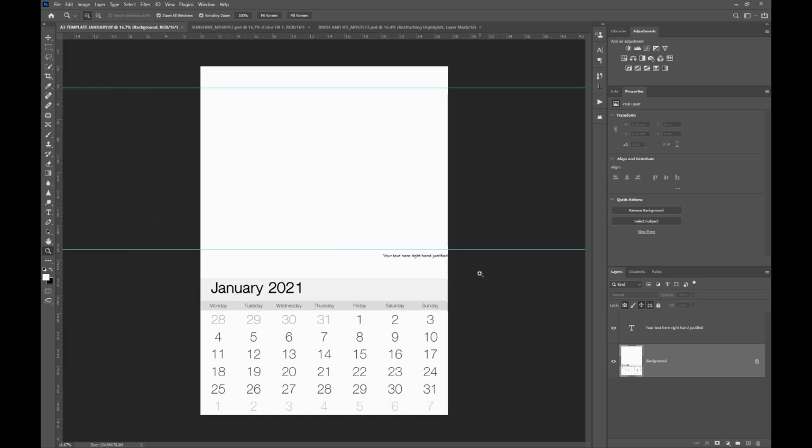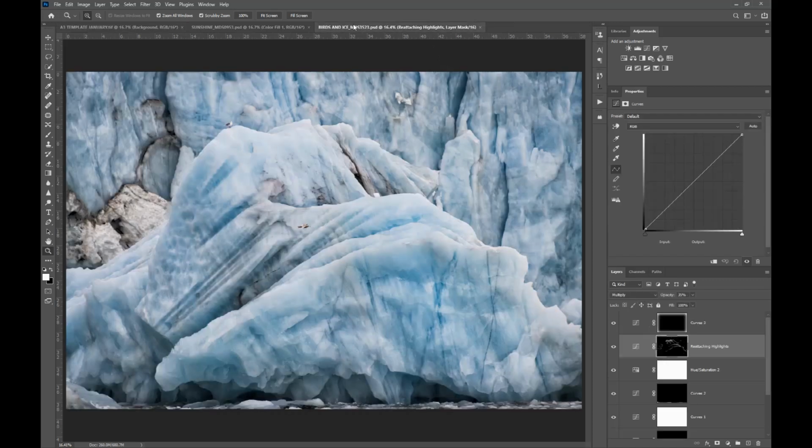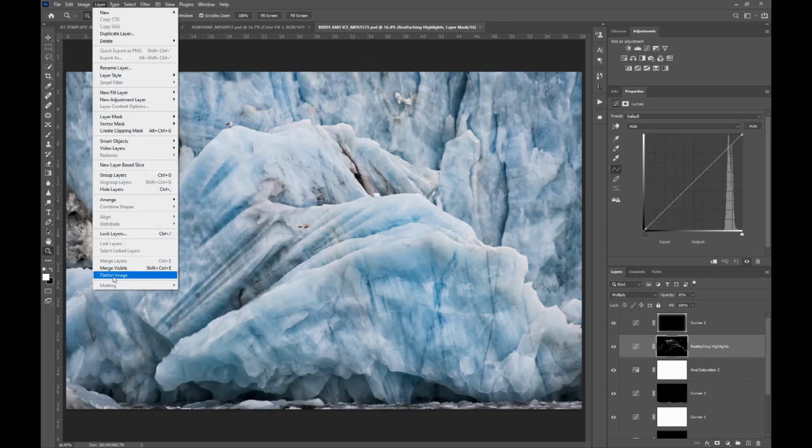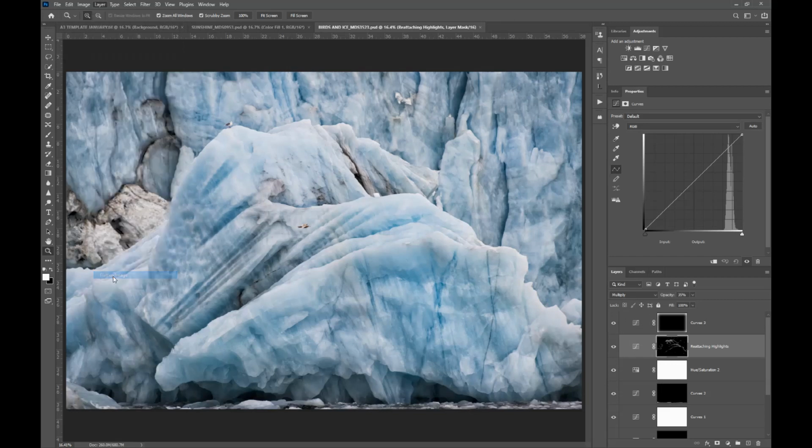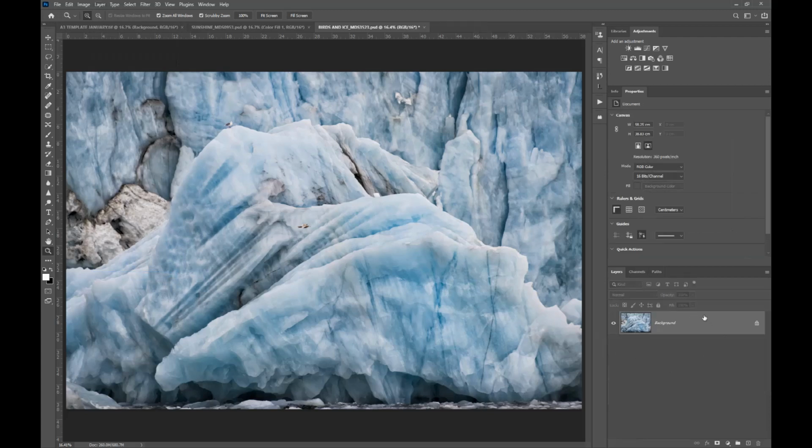So with the template open, you'll need to go and find a suitable photograph to add to the calendar. I've got one open here which I've prepared previously, and this one has been saved with all of the layers intact. Now to use it for this photograph, you'll need firstly to flatten all layers and bring it across into the calendar template. So firstly go to Layer, Flatten Image,